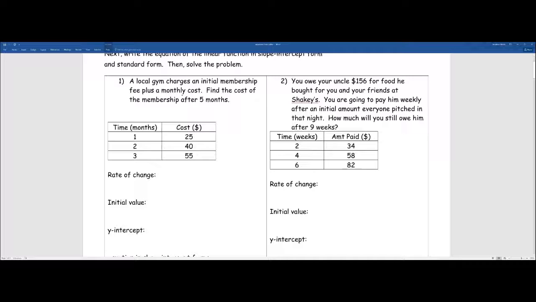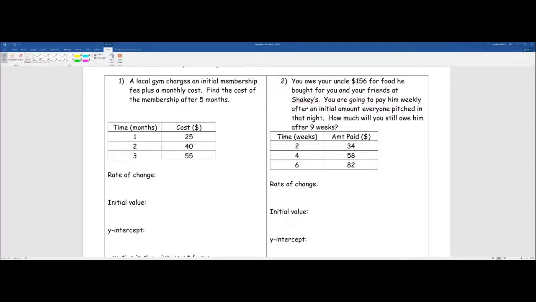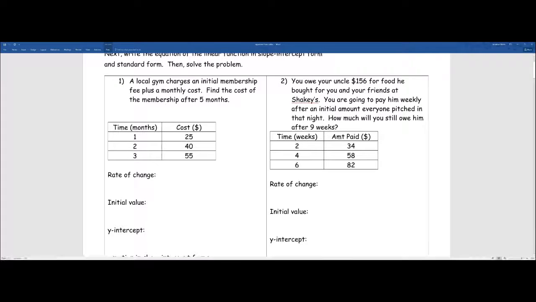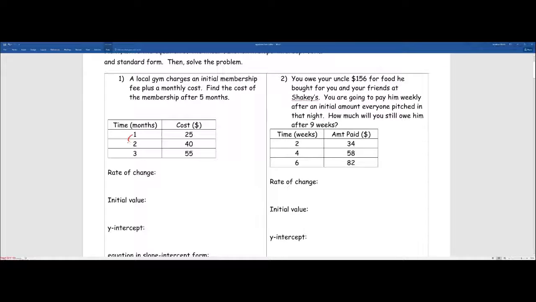All right, so if we look at number one, a local gym charges an initial membership fee plus a monthly cost. Find the cost of the membership after 5 months. So if we look here, what's our rate of change? As 1 month goes by,